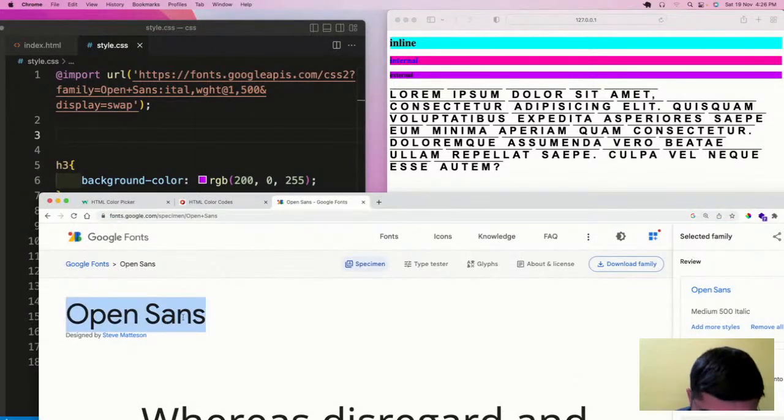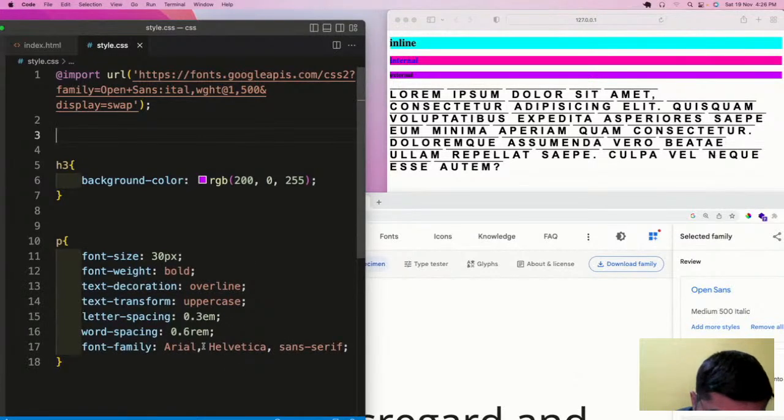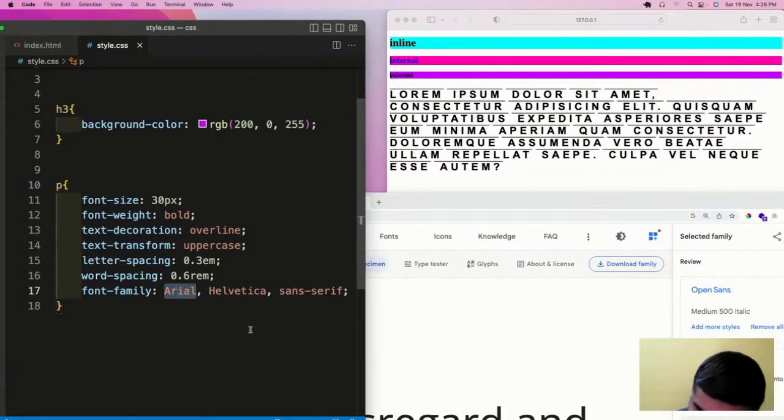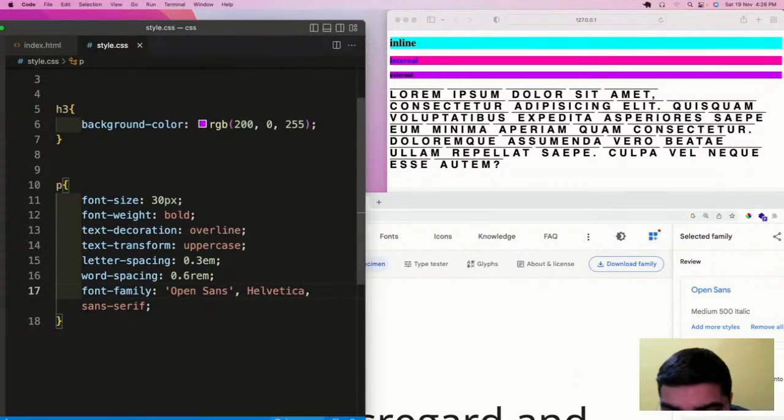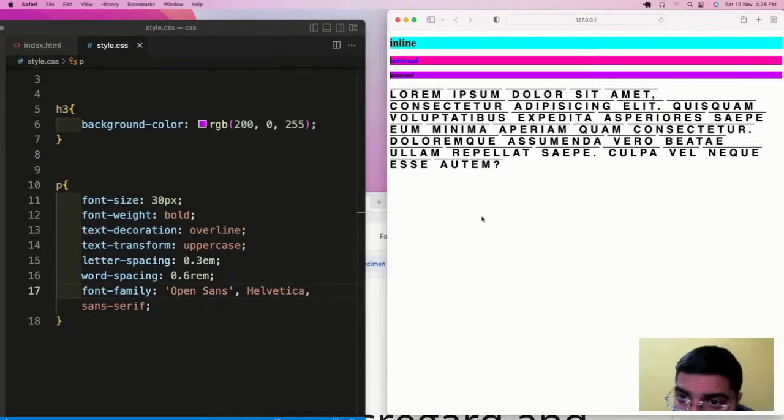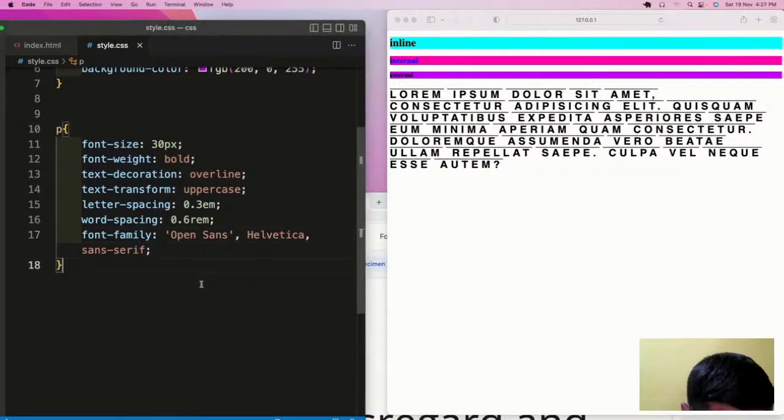So let us copy the name of the font, and here we have added the Google font. So you can see the difference between now and earlier.